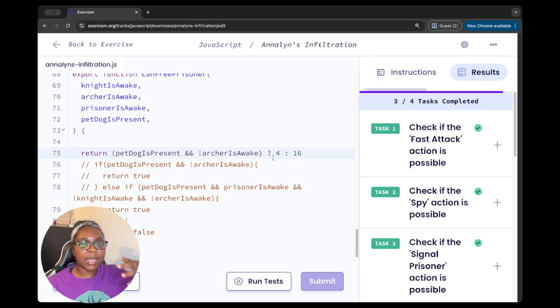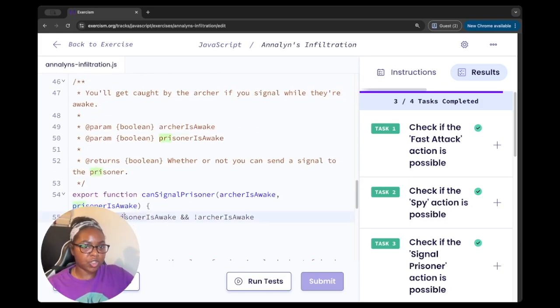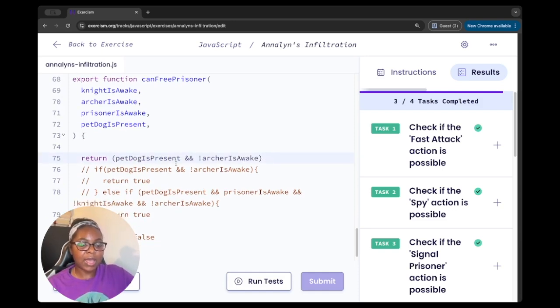However, because again, I'm dealing with Booleans, I don't need to return true or false. So I'm literally just going to return the conditions like I've been doing in all the previous ones. The reason why this one seems, I guess, maybe a little bit trickier is because there's just so much more to it. So this is the first one, and then I'm just going to put some and signs and some brackets. And the reason why I'm putting brackets around the first and the second is to make sure that the function knows that this is the first condition and both need to be satisfied, or whatever's within the brackets need to be satisfied together,